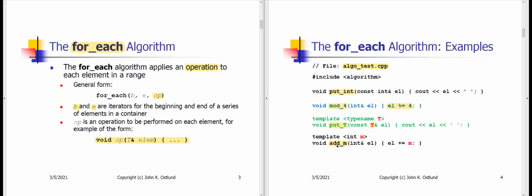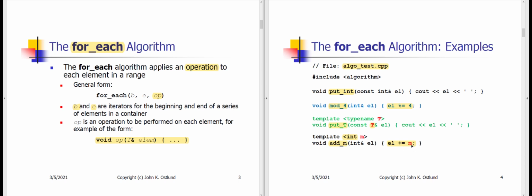addm is another example of a template, but here, rather than creating a template by a data type, we're creating a template based on some integer value. So this is a new form of template that we haven't talked about before. What this function is doing is, into the element to which we've received a reference, we're adding in whatever value